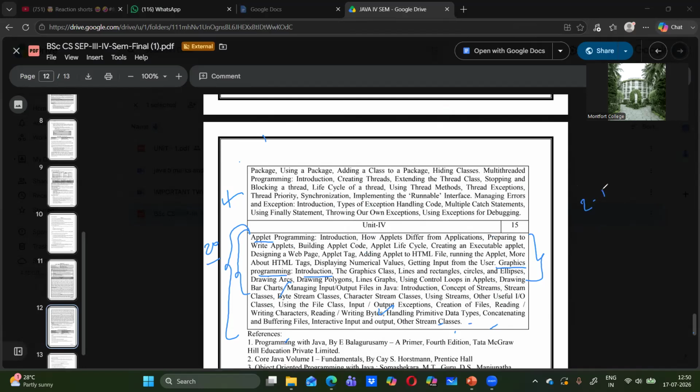Any two applet programs. Okay. If they ask for any one applet program, write one applet program as an example, and you give an explanation for that. Any one applet program you can write, then you can give the explanation. And